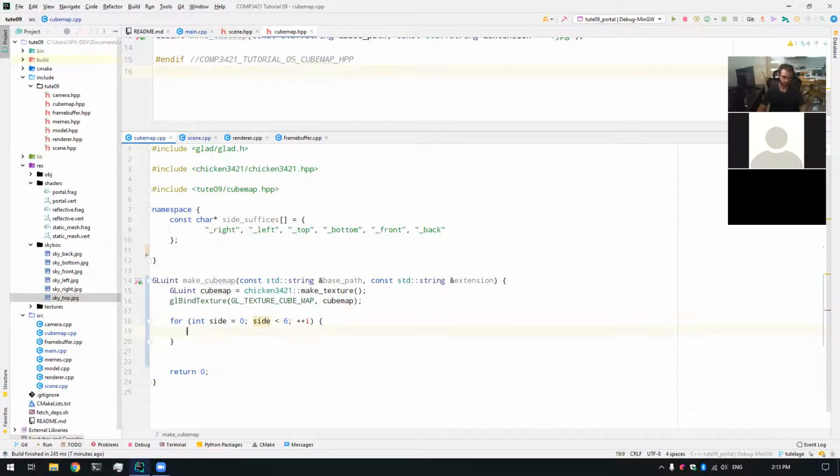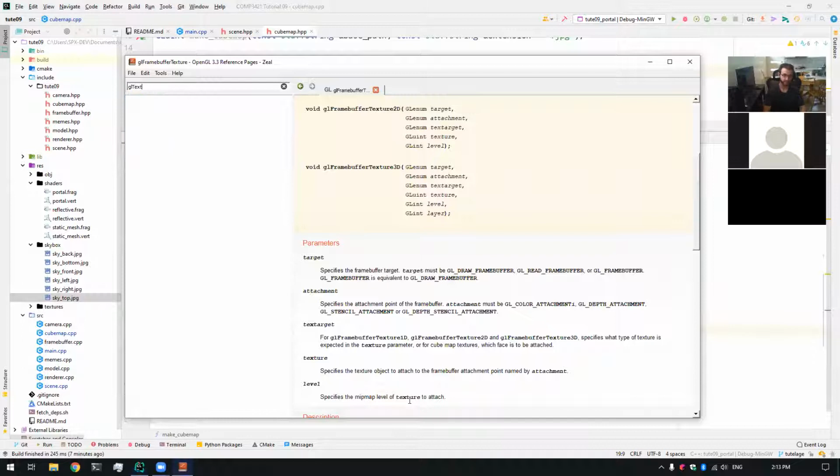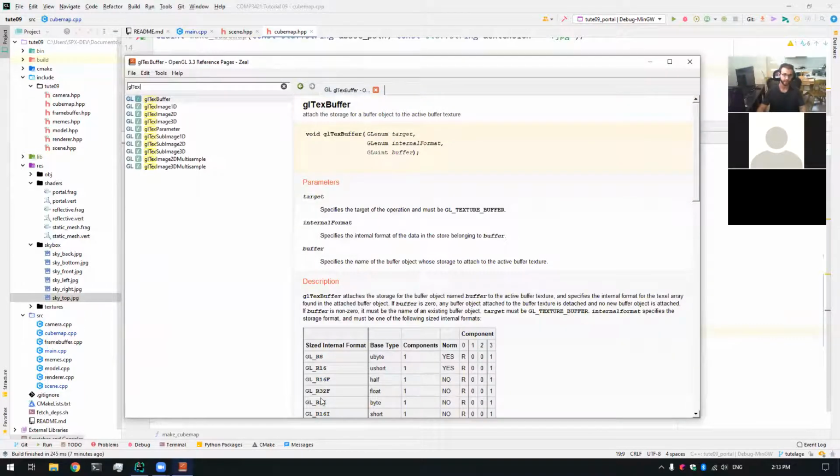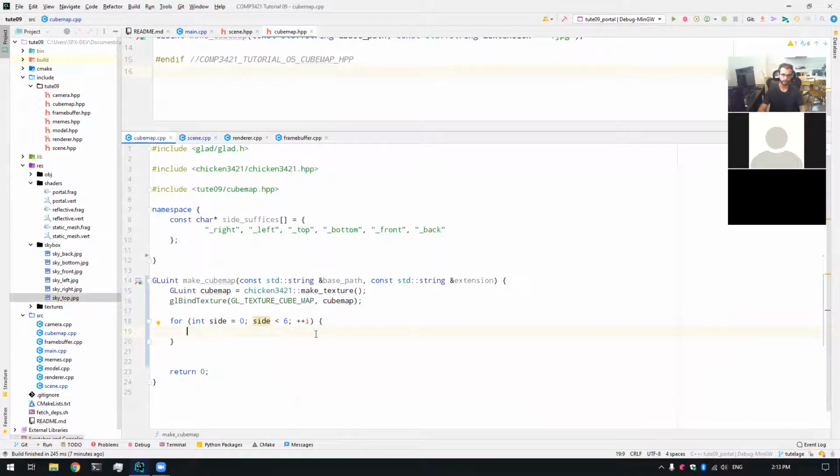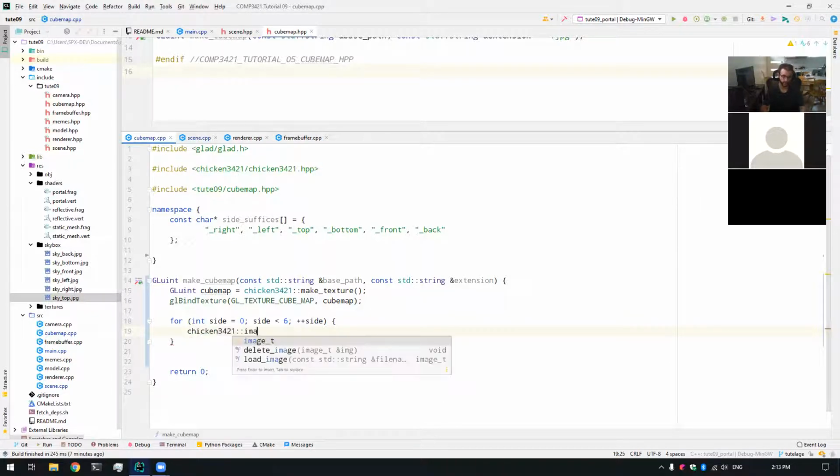What we're going to do is use glTexImage2D, and we're going to use a very special target. We're not going to be using the cube map target. Instead, we're going to be using a similar but unrelated one. So what we're going to be doing is, of course, we need to load the image of the texture. And we've seen how to do this before. We say chicken3421 image_t